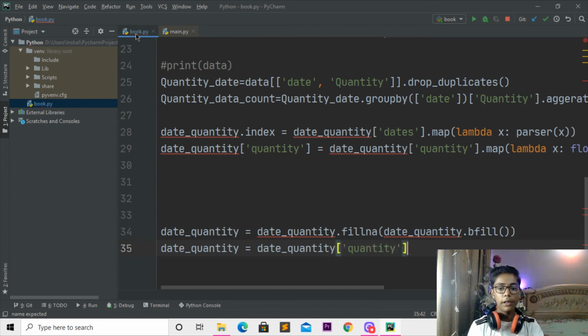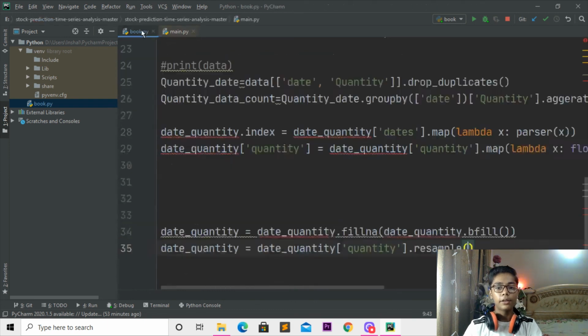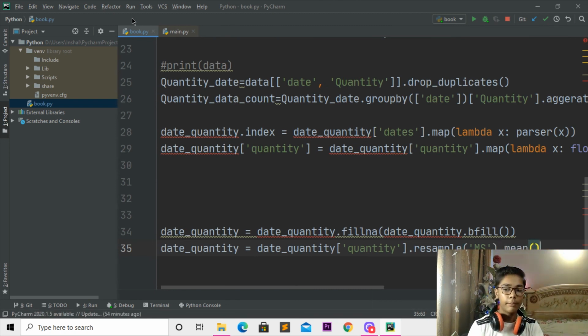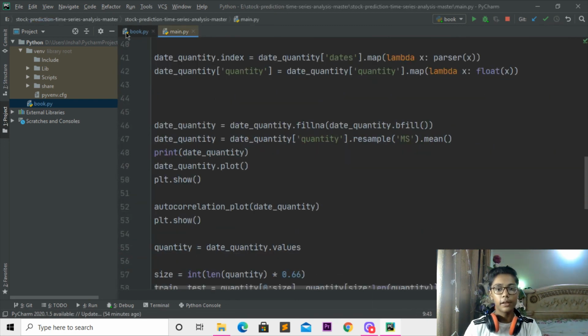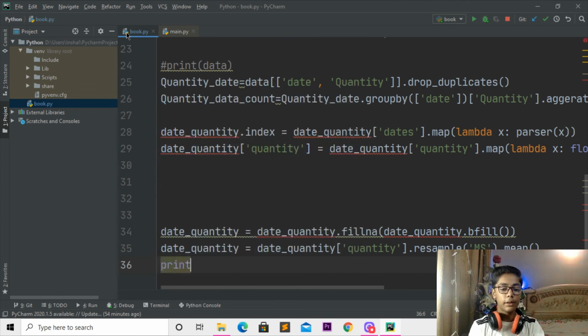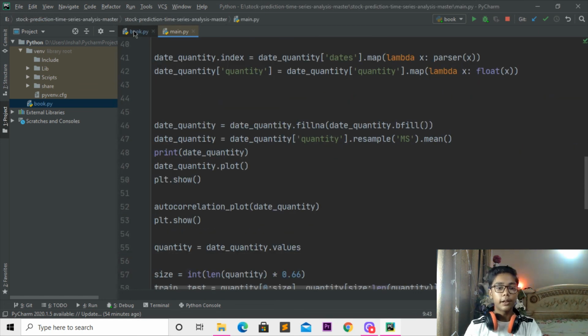When you're done with that, I'll move on, then you have to write dot resample, and you have to write this bracket here, and then I will write ms, which should be in capital. When you're done with that, I'll write mean and limit, then write this bracket. When you're done with that, I'll write print, making this bracket, and then write here like